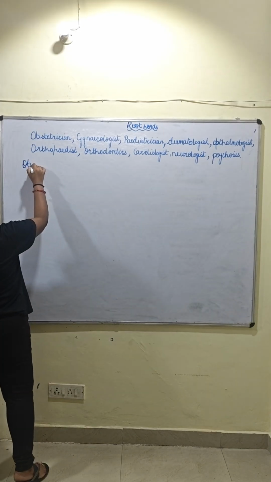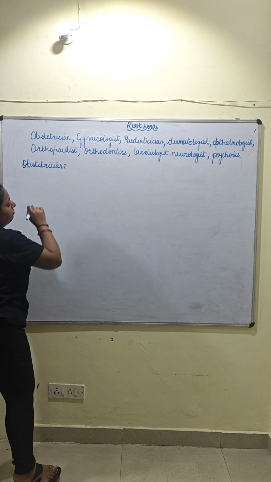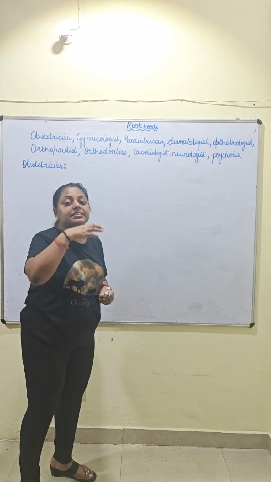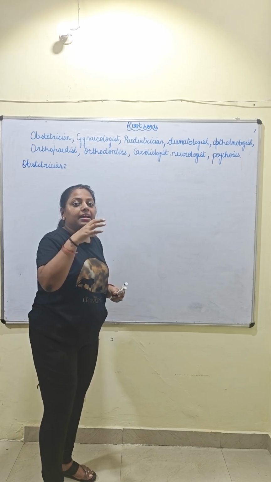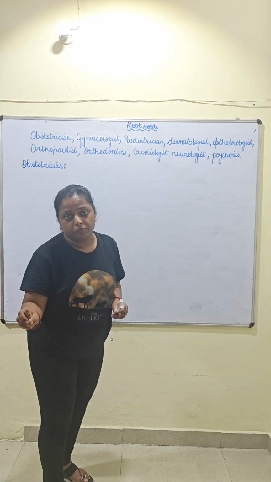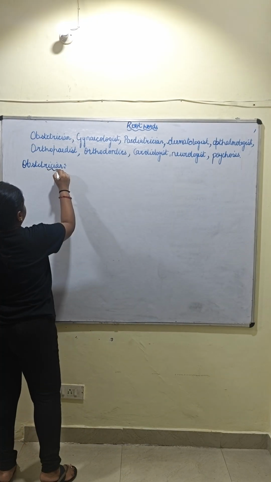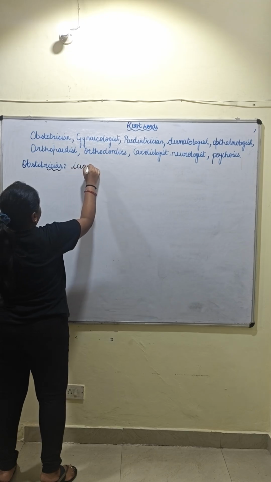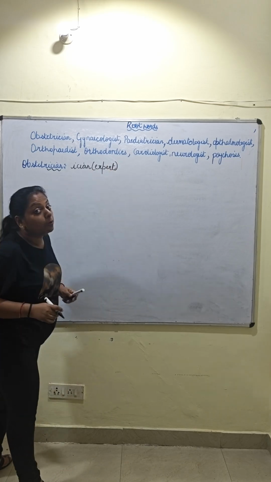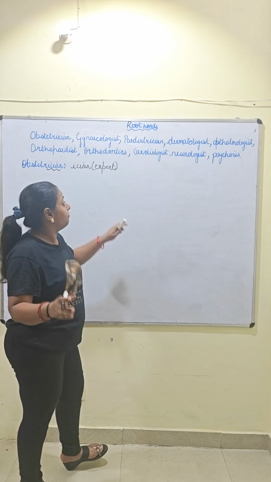Let me write it first. Obstetrician. Now there's a trick, my friends. And the trick is, if ICIAN, that is Asian, is added as a suffix in any word, then that means that the person aces that particular field, or the person is an expert in that field. This suffix is taken from the Latin language and means expert. Let me give you examples of words that have Asian as a suffix.